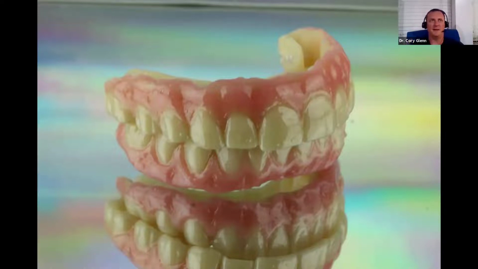The idea being that casting all this stuff, verified cast, we still ultimately can't get perfect passivity. There's error in every step. So the CAL technique says, yeah, there's going to be error, so let's just build this to account for it. So you've got this little gap between the cylinder and the wall of the tube in your bar, which you pick up in resin cement. So now you've got an absolutely dead passive verified bar, and then you can make whatever superstructure you want over